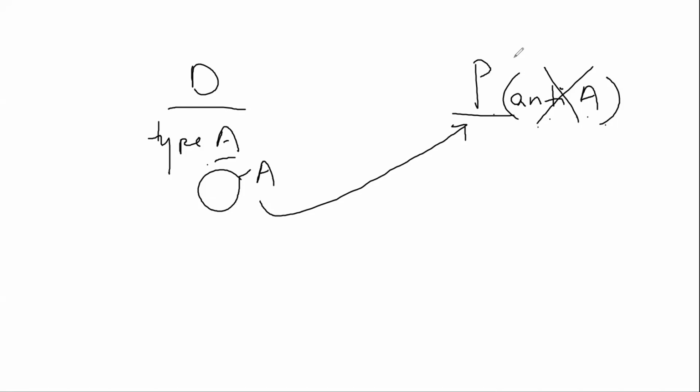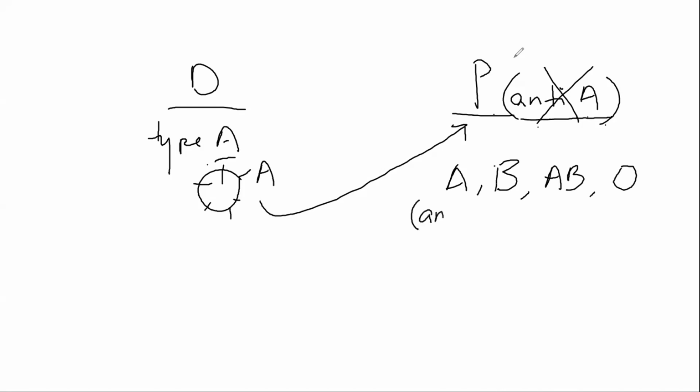Okay, so the donor has A antigen. You want to make sure the patient does not have anti-A antibody, which can destroy all these RBCs from the donor side. Okay, so the question is, which type of blood has anti-A antibody in the plasma? Again, you first write out all the possibilities. Only these 4 possibilities, right? And then you see